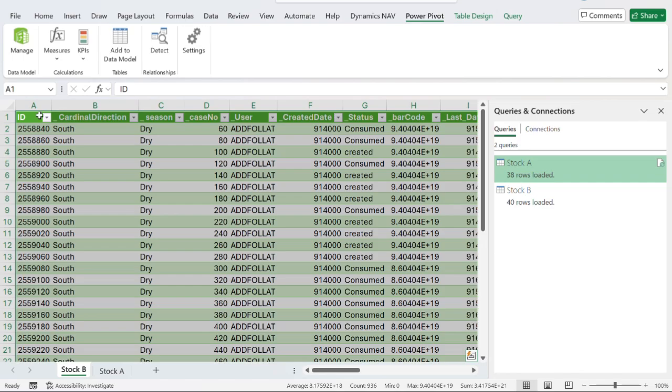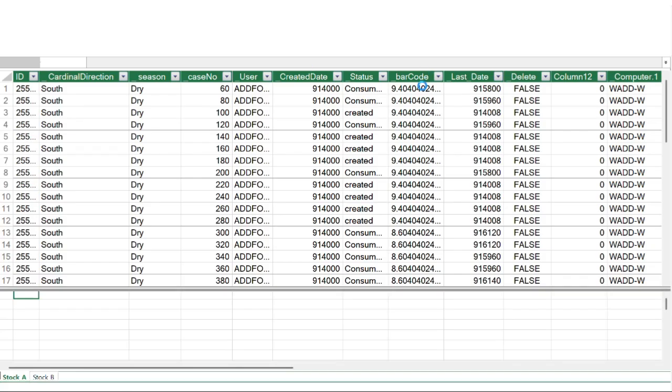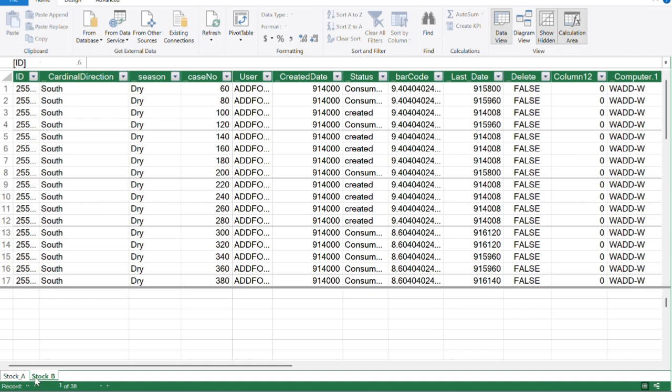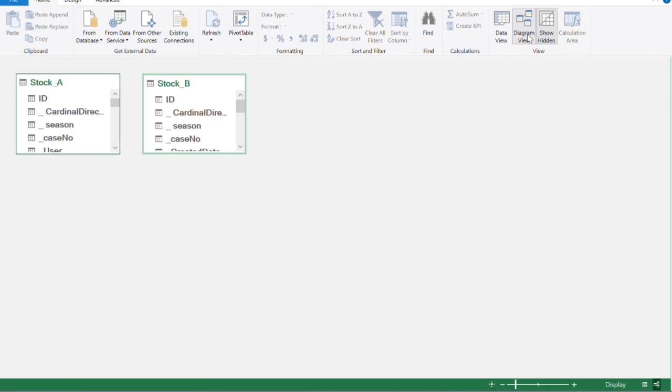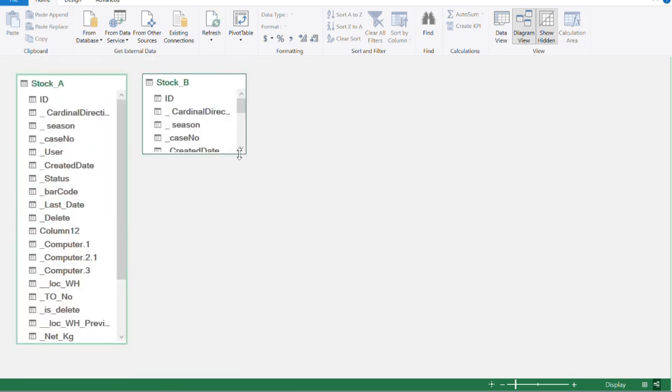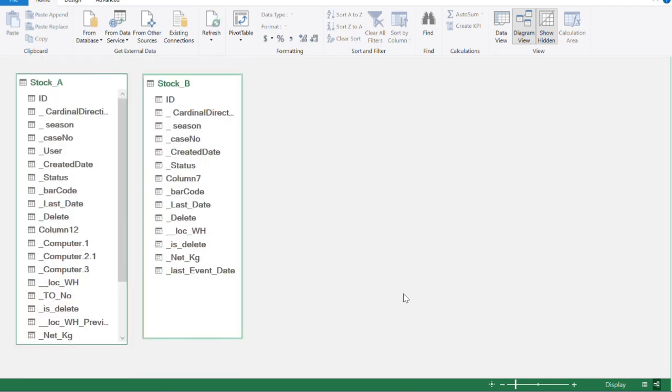then manage. Here we have the two datas, B and A, and then I will go to the diagram. So here we can see, depending on our data and our data file and how it's going to work,